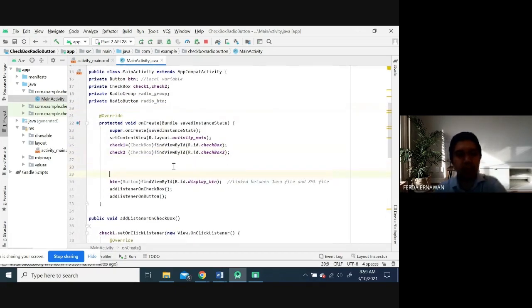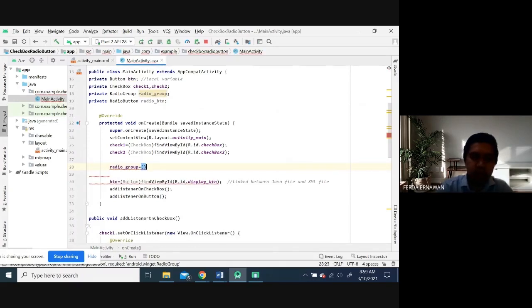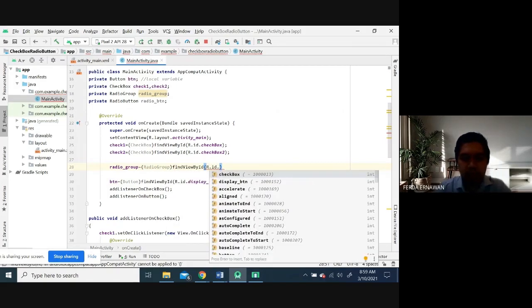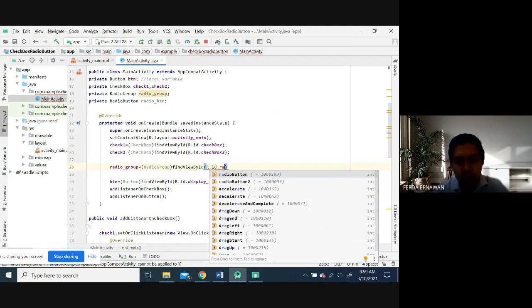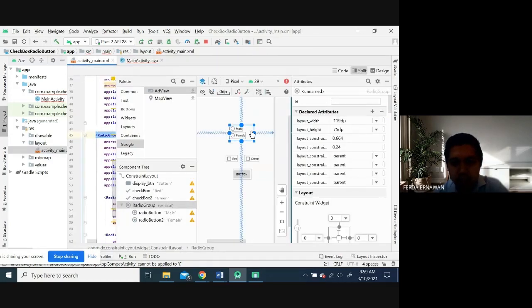you need to link. Number 1, you can link here radio group equal to bracket radio group findViewById R.id.radio. This one, yeah, radio group.